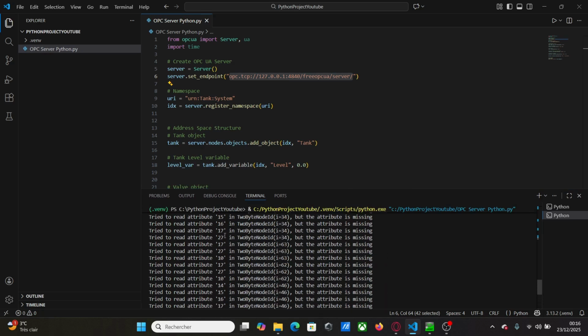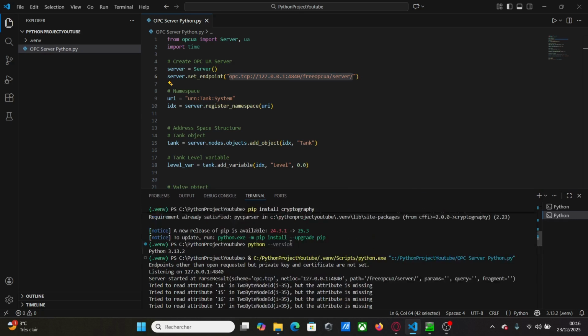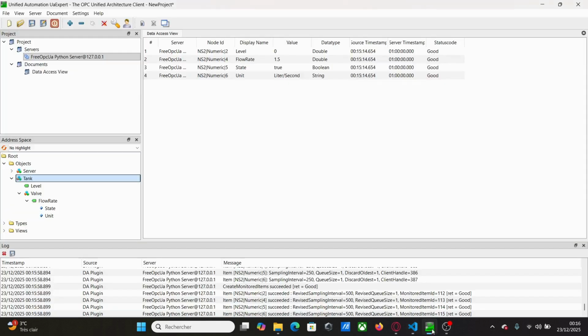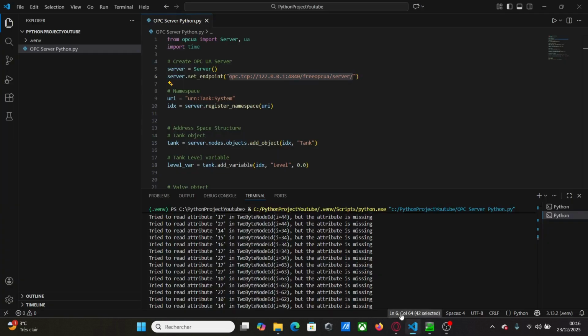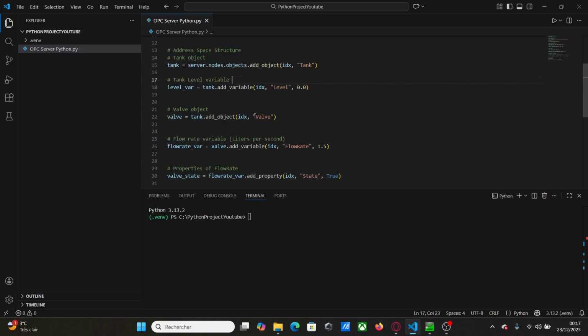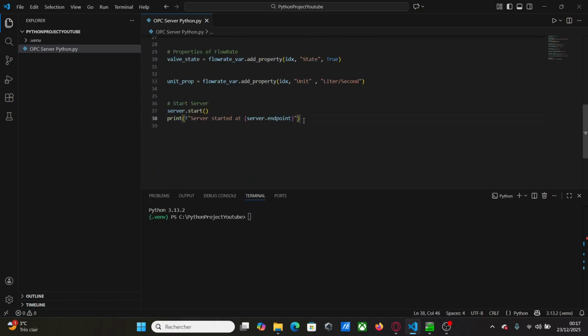If you have these messages, don't worry, it just means that your server is connected to your OPC UA client, and here you can see that you have succeeded to connect all your nodes to your server. So I will just stop my server, and what we will do here